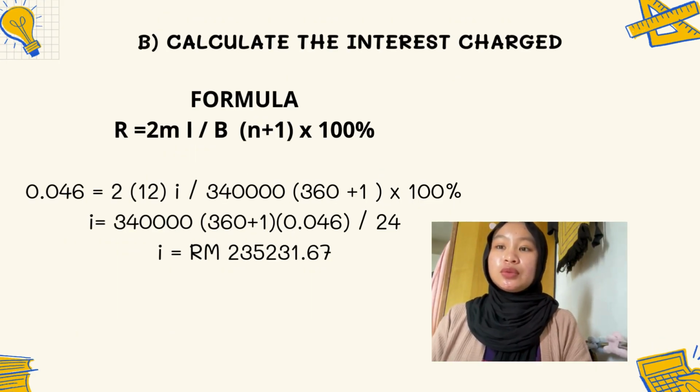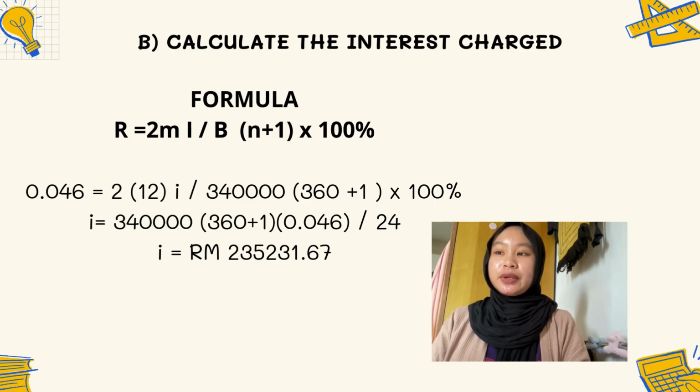B. Calculate the interest charge. 0.046 equals 2 over 12. I equals 34,000 (360 plus 1) divided by ... multiplied by 100%. I equals 34,000 (360 plus 1) times 0.046 divided by 24. The answer for I is RM